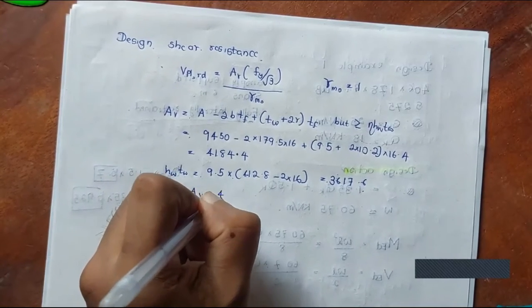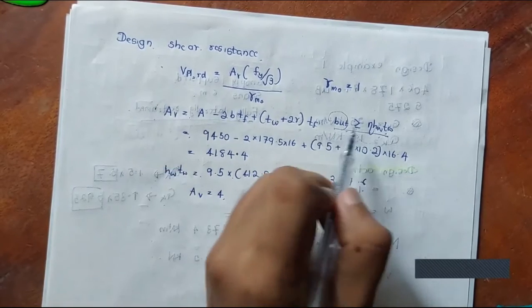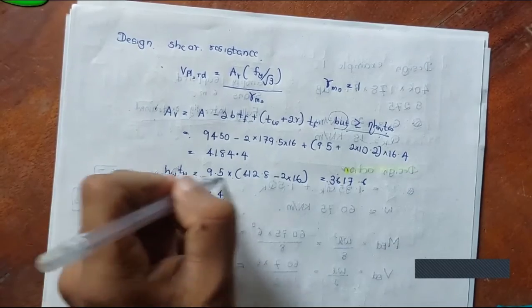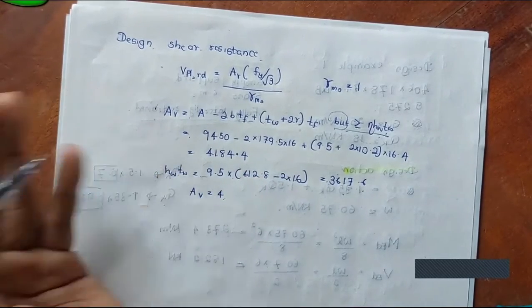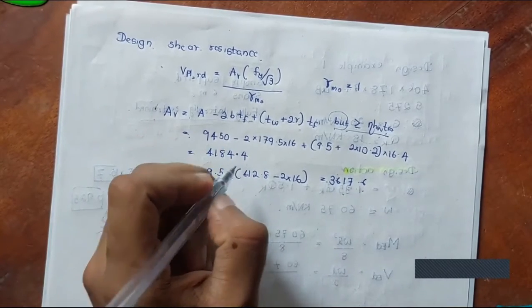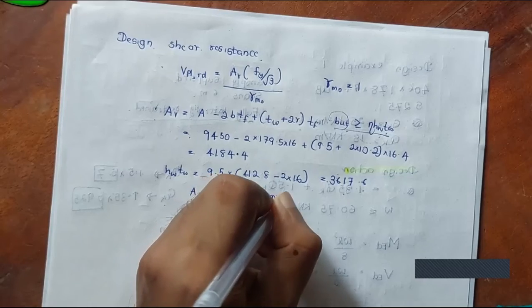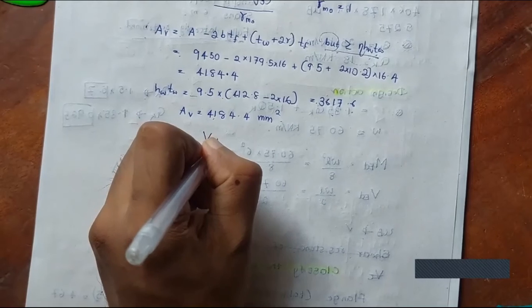So this is okay. Our Av is larger than this value because the eta will be maximum 1, right? So the maximum value is given by 1. If it is greater than the maximum, it will anyway be greater, right? So 4184.4 millimeter squared. So your shear resistance is given by